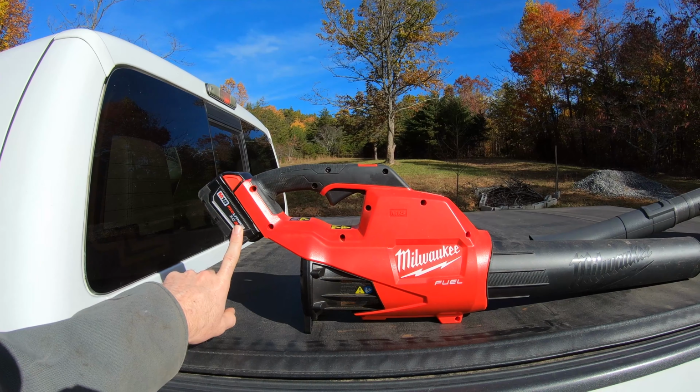So for the lithium battery power, I'm using the Milwaukee M18 fueled leaf blower. And then for the gas powered, I am using the Husqvarna 125B. So this is basically a smaller homeowner leaf blower and kind of the same with this lithium version. So I'll be slapping in some B-roll here just to kind of show you some of the footage of the